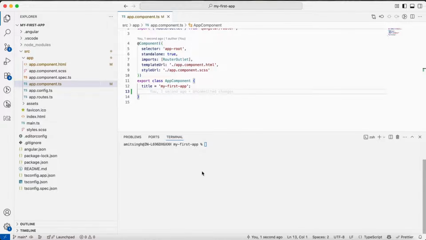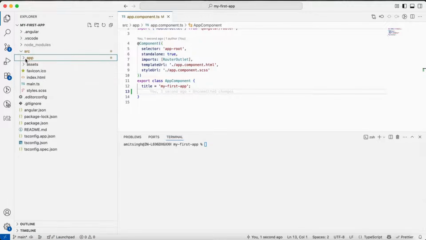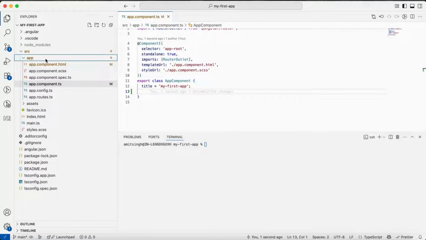So let's move ahead and create our first component. We'll be creating it inside the app folder, and the command is ng generate gc and the name. Okay, or we can type ng generate component and then name. So this is the same. The previous one was the shorthand, and this one is the complete command. So I will hit ng generate component first component